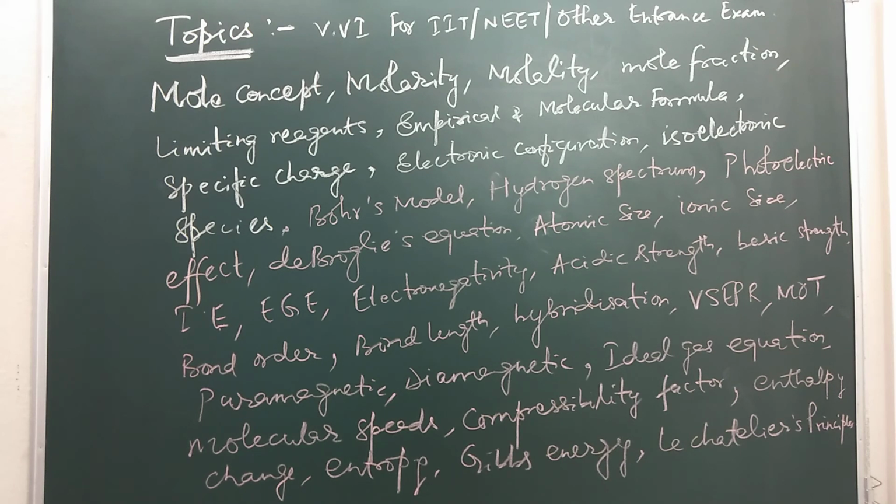You have to also keep in mind the Lewis concept, because the Lewis concept plays a very important role. You have to prepare, like AlCl3 is a Lewis acid, but Al2Cl6 is not a Lewis acid. You have to keep in mind that BF3 is a Lewis acid. Ammonia is a Lewis base due to the presence of a lone pair on the nitrogen atom. So these are some of the important concepts which you must know, students, for your upcoming exam to solve the problems given in the question paper.